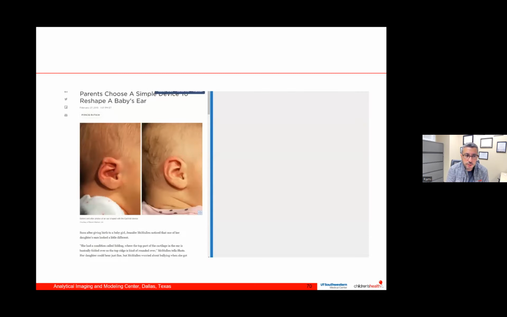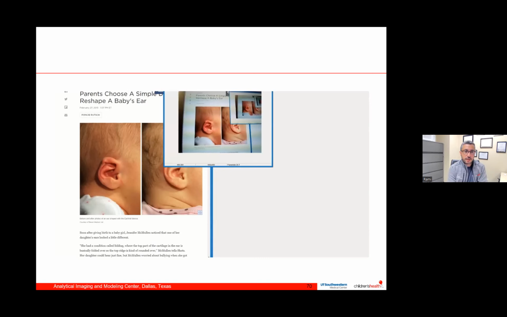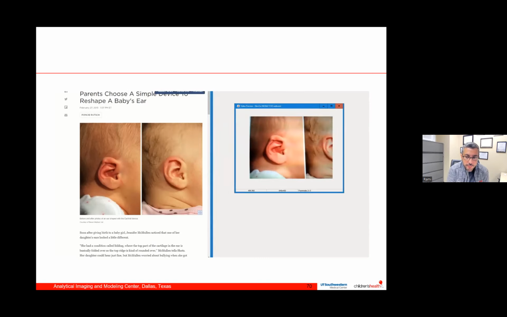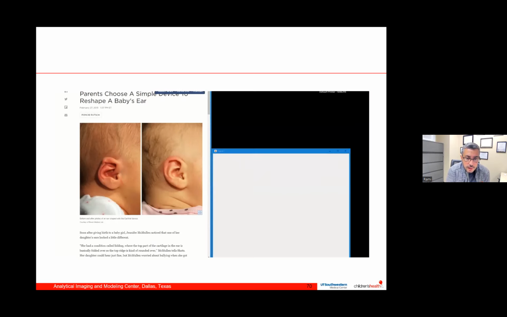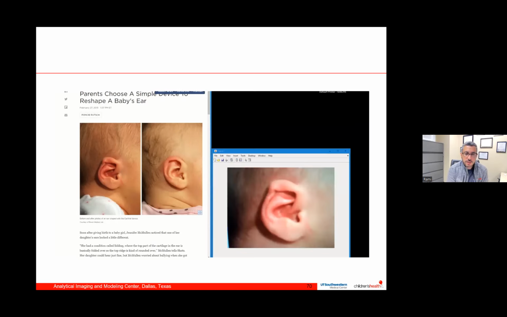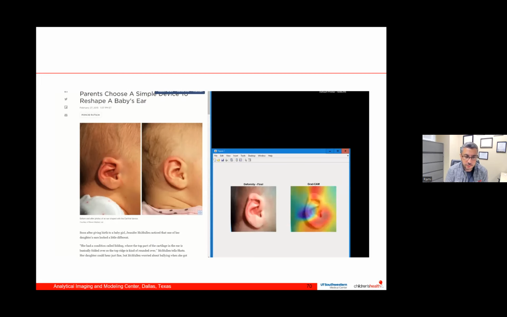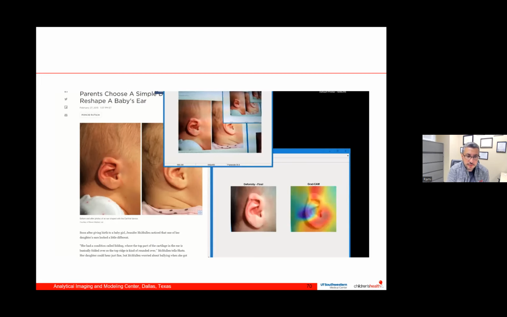So on the next slide, I want to show you how our machine learning model works for the ear. So this picture is from the internet, and this baby had an ear deformity, as you can see, and he was corrected using ear molding. And I want to use my machine learning model to take a picture of these ears, and I want the machine to tell me if they're correct or not. So this is an example of how the machine learning model works. So here I turn on my camera, and now I'm going to take a picture of the ear. And I snap the picture, and now the machine learning model works, and it's telling me it's a deformity. And it's showing me where it thinks it is deformed.